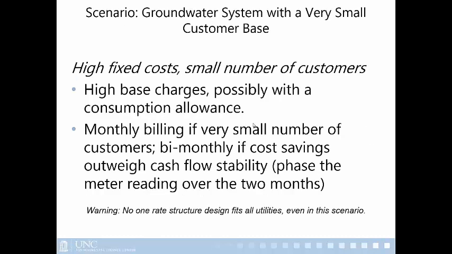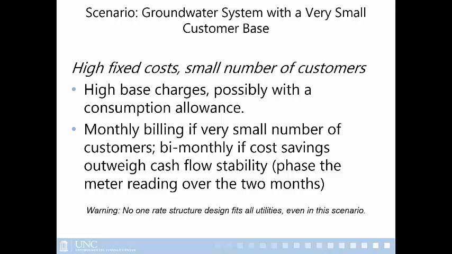All right, so for a groundwater system with a very small customer base, we're typically dealing with usually high fixed costs in the short term. For this system, we're assuming it's not a purchased system. All their demand is coming from their well. So it's entirely groundwater based with a small customer base, so they have a lot of fixed costs and very few customers to spread those costs over. So thinking through all the different elements of the rate structure design, here are some suggestions.